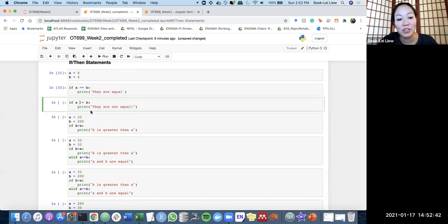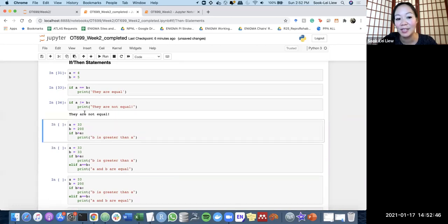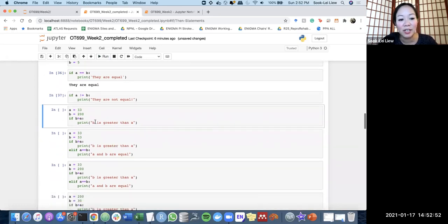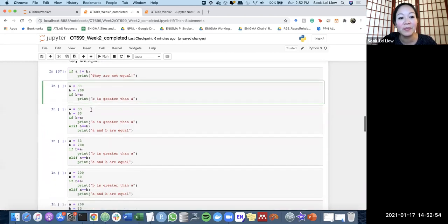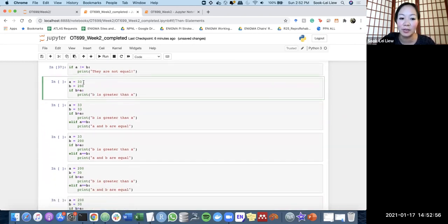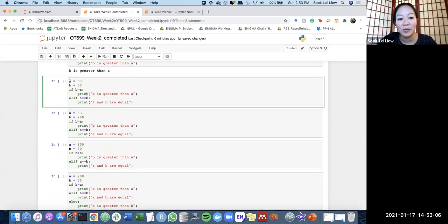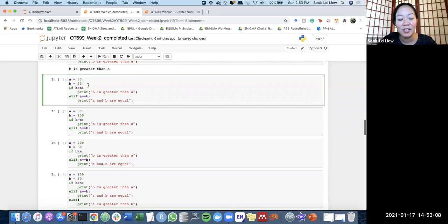However, this statement should be true, because if A does not equal B, print they are not equal. And now they aren't equal. I'm going to set this back to 5 so that we can keep going. So nothing happens there. In this case, A equals 33 and B equals 200. If B is greater than A, print B is greater than A. So that's true. Here we set A and B both to 33, but we have the if and the elif